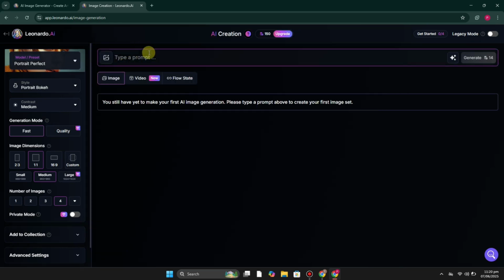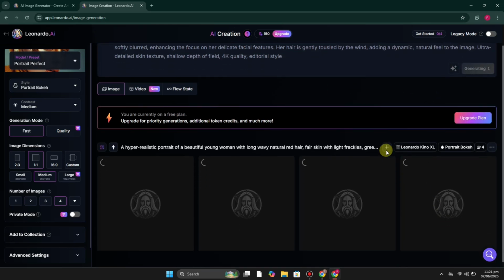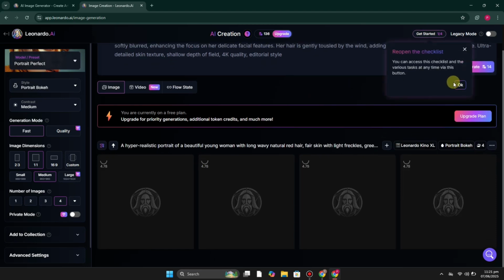It could be an image of yours, or maybe anything else, like any model, any sort of social media influencer. Just simply get your script and paste it here. After pasting, click on this option, which is Generate. Then it will take a few seconds, and once the time passes, you will see the images